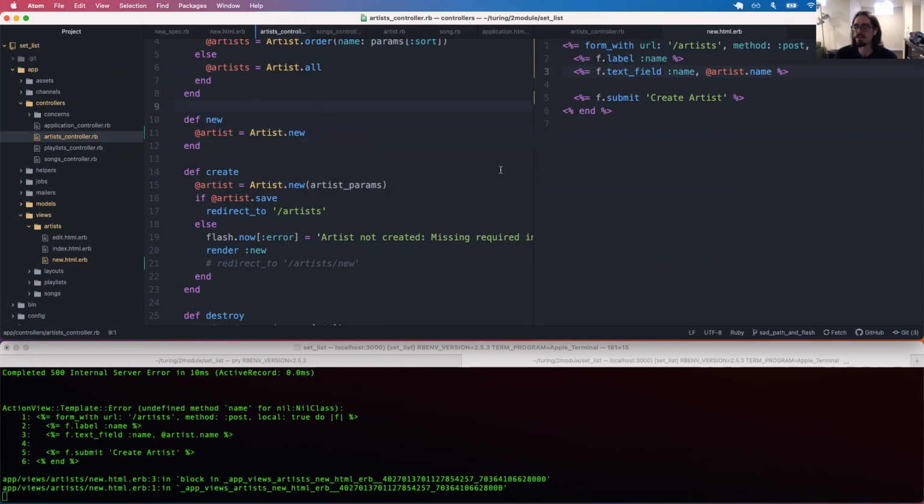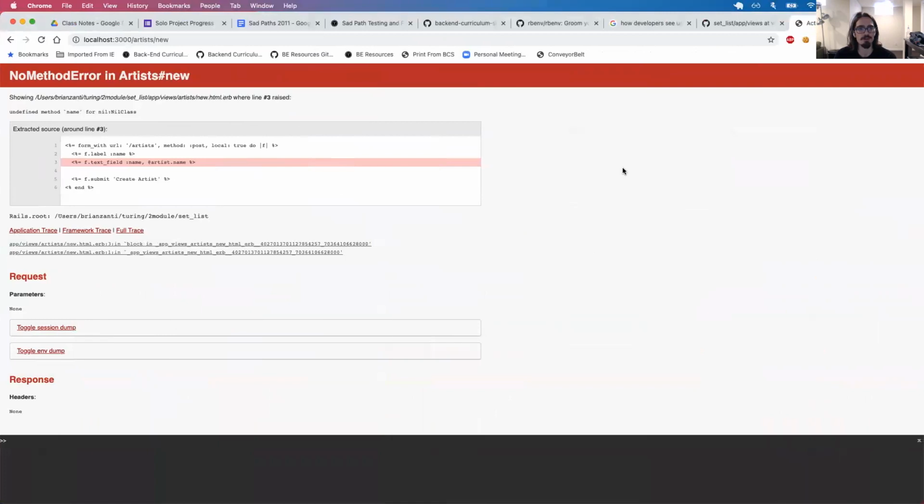Now this is a very key point: we could have the same view rendered from different controller actions. So we need to make sure that all of those controller actions set up whatever instance variables we need. So both new and create need to set up this @artist so that we don't run into that nil class error over here. So now when we refresh this form,